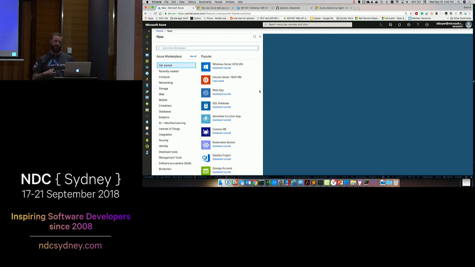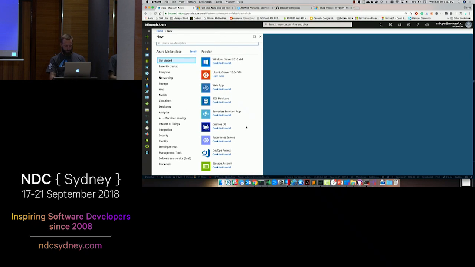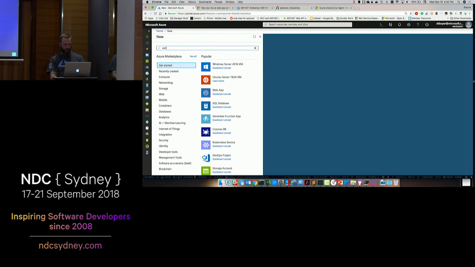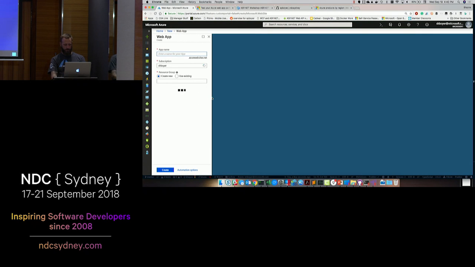But the other benefit is I publish my .NET Core apps to Azure Container Registry, or to Docker Hub, or private registry. I'm able to pull those onto my machine, but also pull them into App Service for Linux here. So when I go to create a new web app in Azure, oh, there it is, web app right here, and we'll say my NDC test. And I choose Docker,